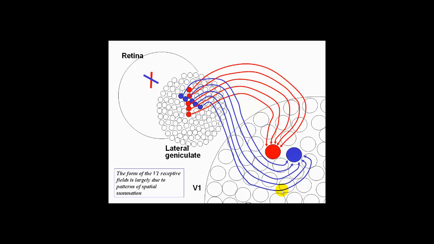And so if we have, let's say, this red line of light, or darkness as the case may be, let's say light, shining on the retina, that will activate a row or column of cells, a line of cells in the lateral geniculate, and a cell in the cortex that responds to that particular orientation of line will get input from these 1, 2, 3, 4, 5, 6 guys in the picture. Of course, there are many more than 6 in real life. So that's why this cell responds to this orientation, because it gets input, excitatory synapses, from this group of cells